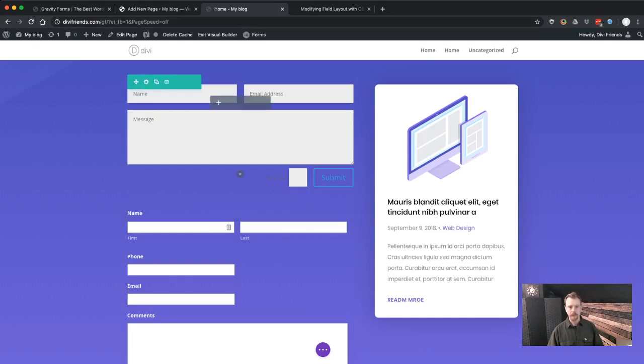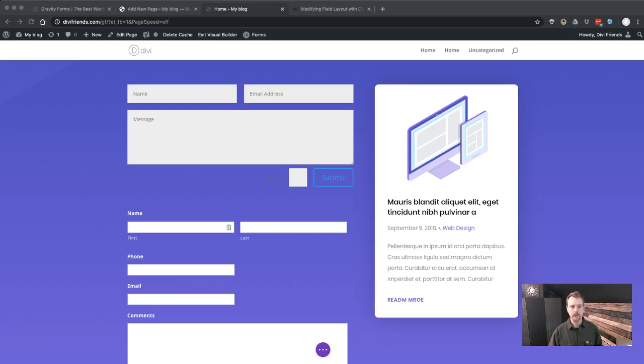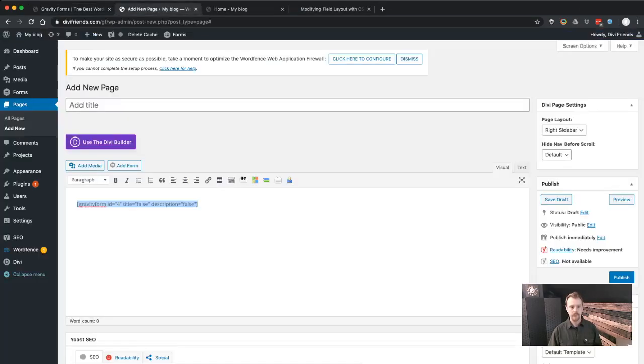And then we need to hide all of the other stuff that's here. All right, so I'm going to copy and paste some CSS code that I have created, which will hide all the labels, and it does some other things, alignment and prettying up the fields and whatnot. This code will be available in the description, so you can get that. But so let me go into the Divi settings,